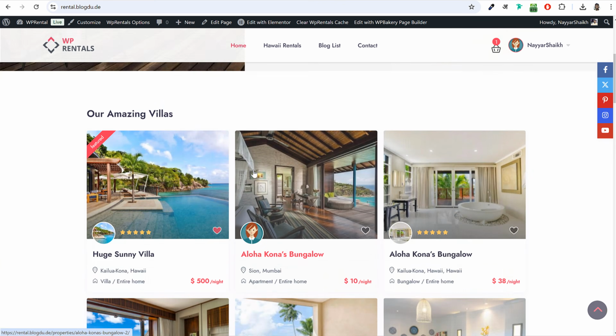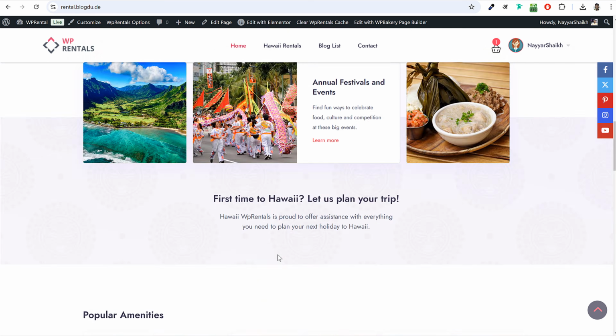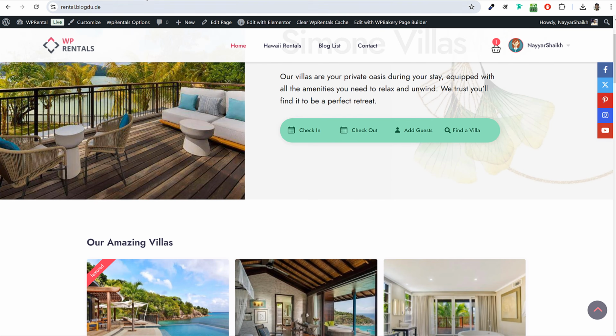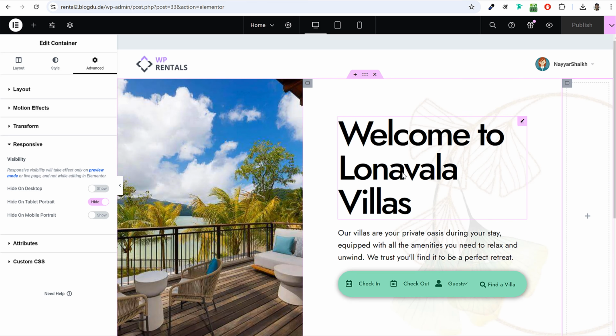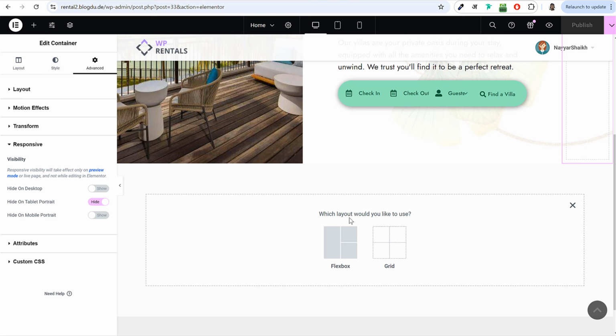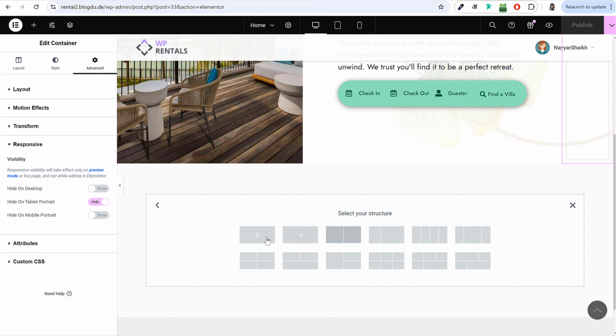All the other sections, by the way, are very simple. Okay, this was the only complicated thing. So everything else after this will be very simple. Now to create your second section, again scroll down, click on this plus button, select flexbox and select this first